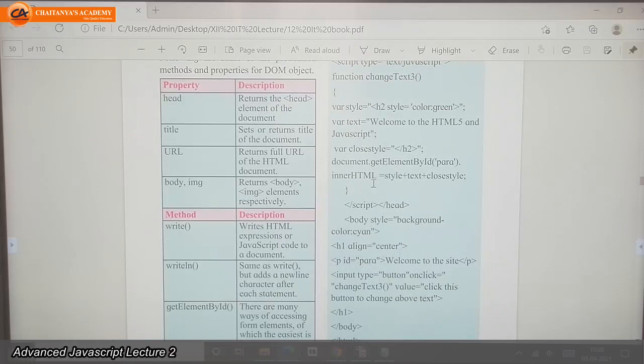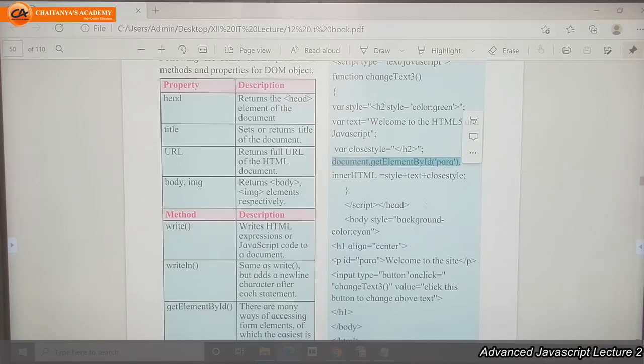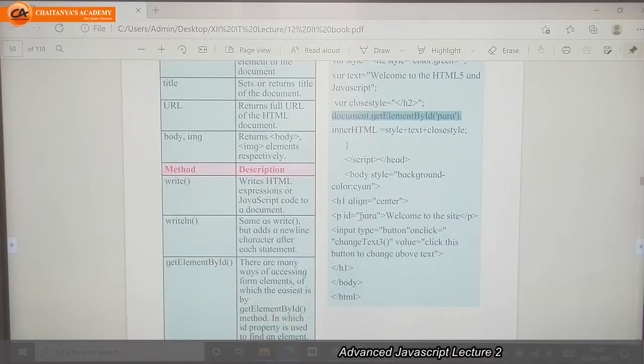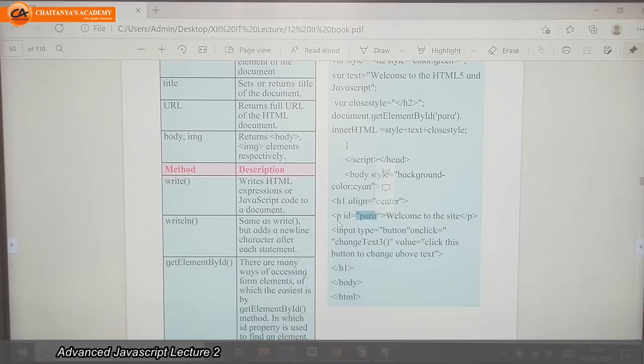Here in your textbook, they have already given a sample program. In that, document.getElementById with para in brackets. Para is the name of the id attribute which we already gave in this p tag.